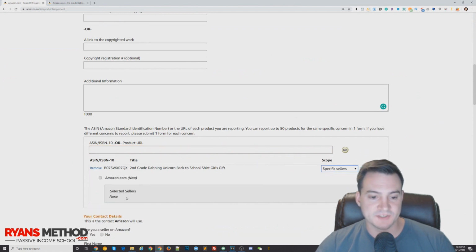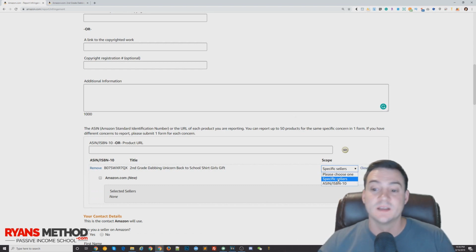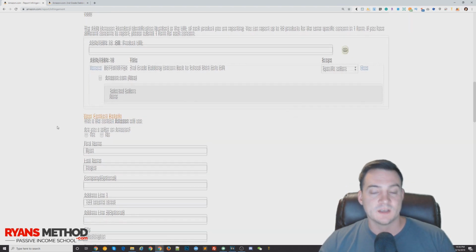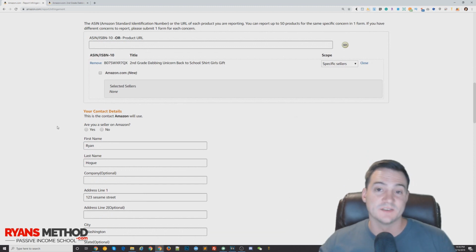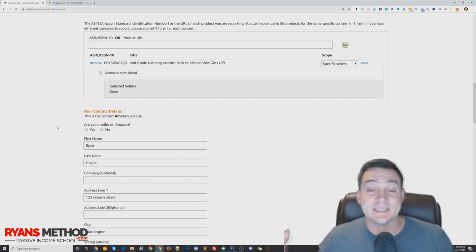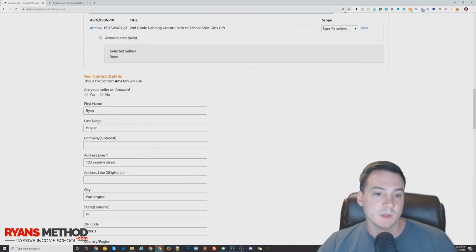And it looks like you can actually select the sellers, but in the case of if they're ripping you off through Amazon merch, there's only going to be one seller, and that's Amazon. So you're never going to want to use that in this case if it's Amazon merch, because with Amazon merch, Amazon is the seller, so you don't actually get to see whose seller account ripped you off. Whereas if it's somebody listing through Seller Central, then you can get that info.